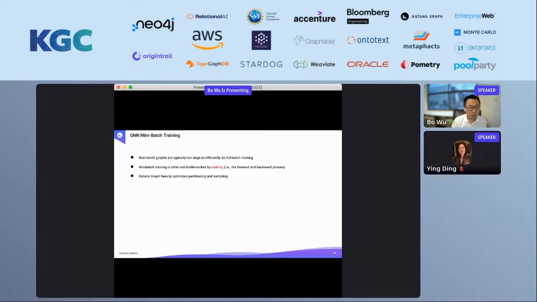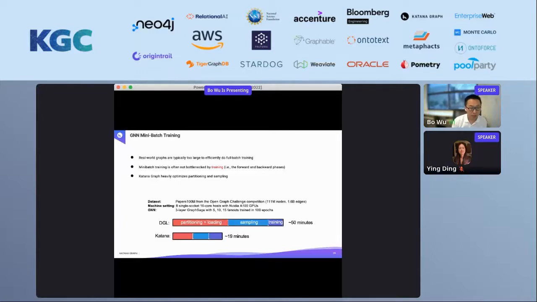We found that mini-batch training is often not bottlenecked by the forward and backward passes. Partitioning and sampling can incur much more overhead than training itself. For example, we used DistDGL, a very popular system to do large-scale GNN training, to train a 3-layer GraphSAGE model